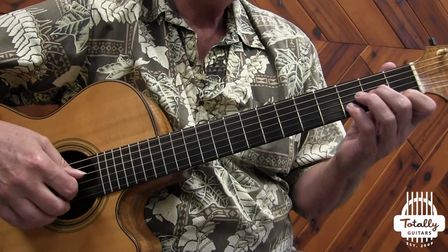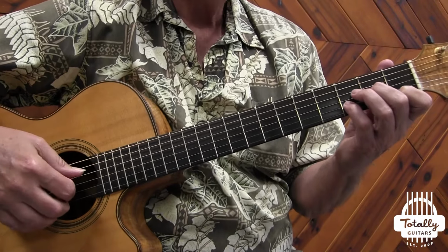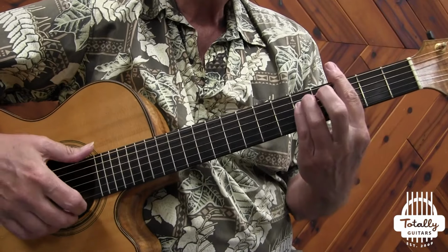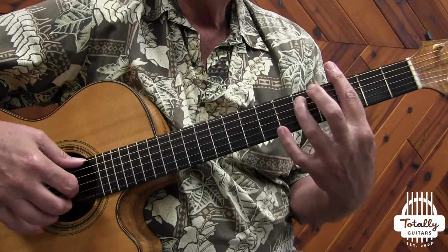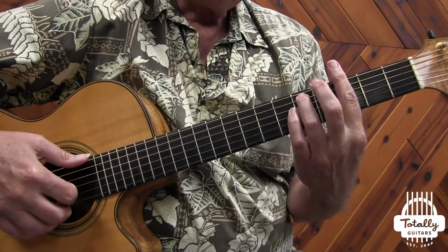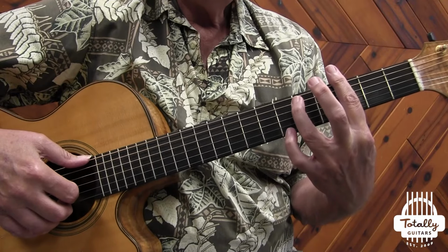It's an E minor 7 flat 5. Chord 3 is not going to happen, which would be F. Chord 4 does happen. We need G minor, and it's really going to be a G minor 7 when it happens. And so you play that with a full bar here and really just one note on the 5th fret